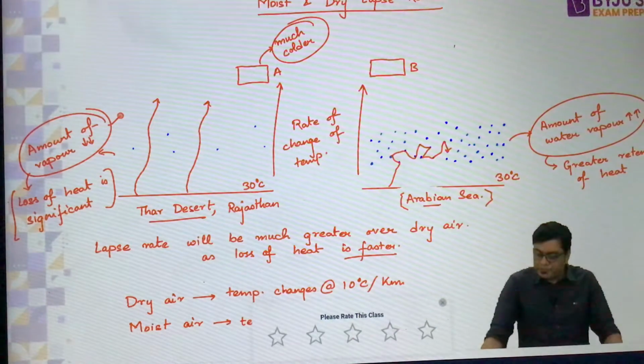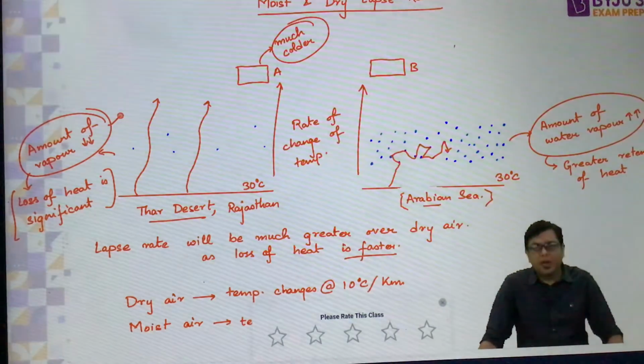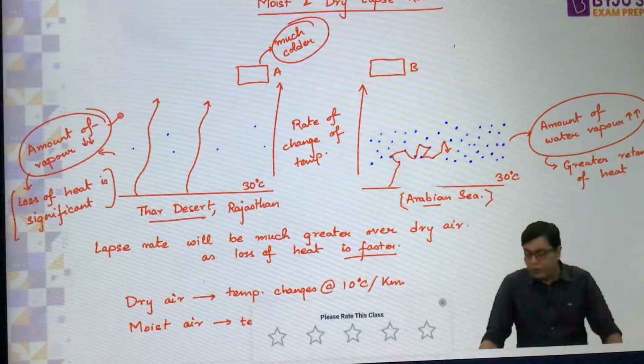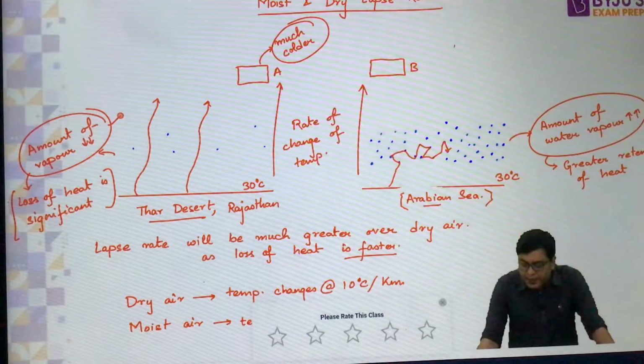Okay? Now, this is what we observe closest to the ground surface in the case of a positive lapse rate. And negative and zero lapse rate, we will look at very soon. In a couple of slides, we will look at where you observe a negative lapse rate, and when you observe a zero lapse rate, that also we will look into. Okay? Now, after this,